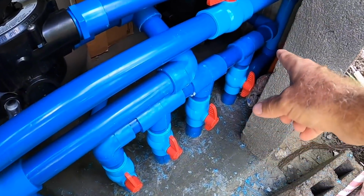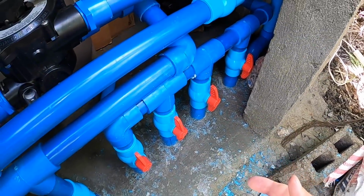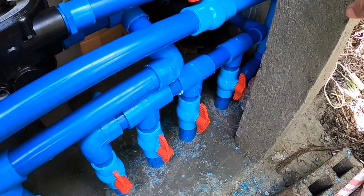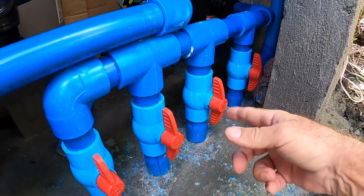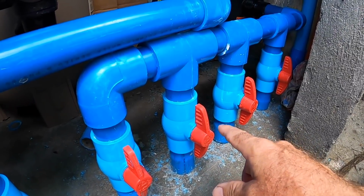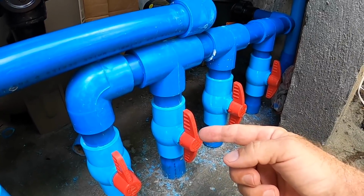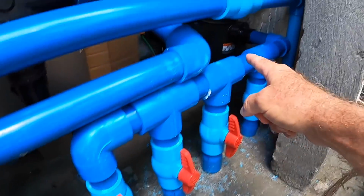So basically, I think the way it works is 1, 2, 3. These four, all four of these are, what are they? They are the incoming water from like the skimmer. So we have 2 skimmers, 1, 2 skimmers. I'm not sure that that's the skimmer. We have to mark which comes from where. Then we have one coming from the vacuum, and then we have one coming from another place. Let's see, 2 skimmers, vacuum. I don't know, there's another place one comes from. And these all come in and they go into the pump